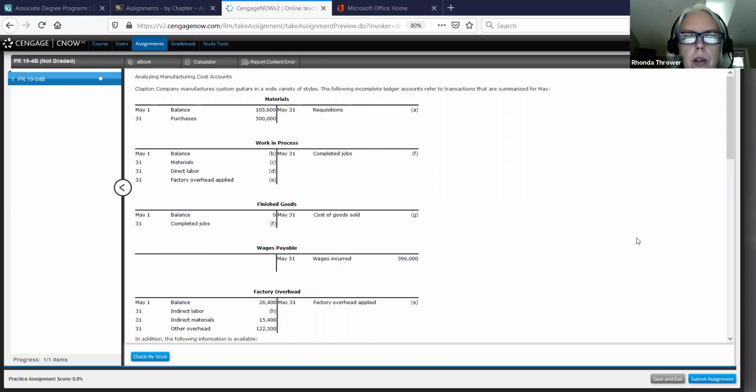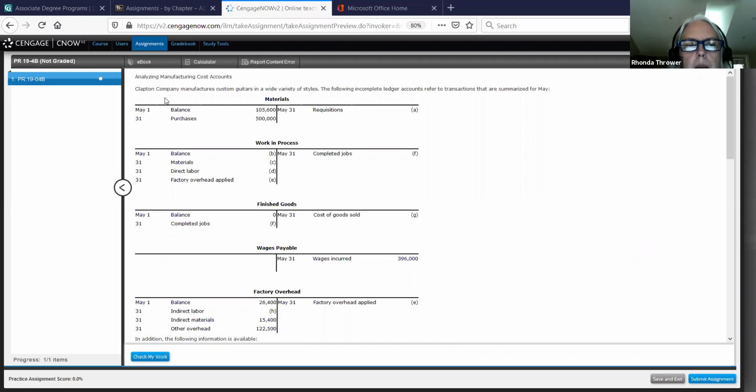Hi class, today's lesson will be chapter 19 and we're going to be working with job order cost accounting and we're going to complete problem 19-4B. You should be able to see problem 19-4B, and what you're looking at is a company's T accounts for a